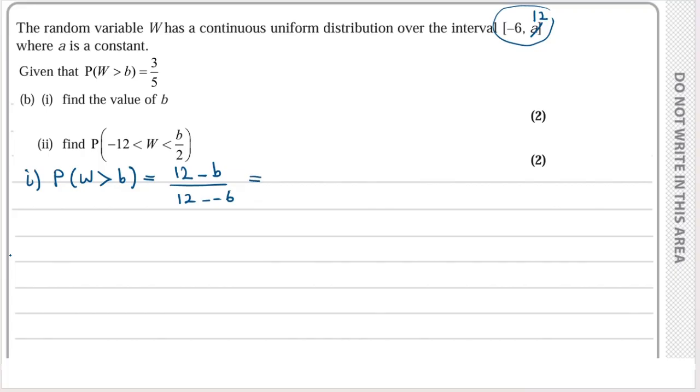And that is going to be equal to 3/5, as the question says. So from here we have that (12 minus B) over 18 is equal to 3/5, and we use a cross product, and that gives us